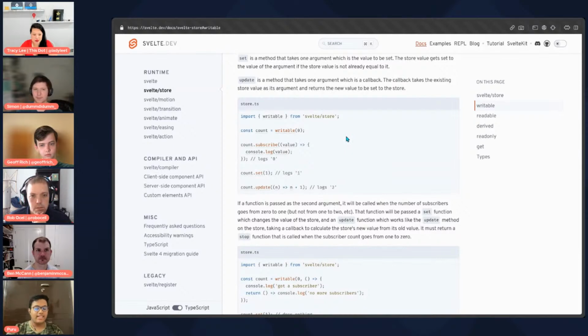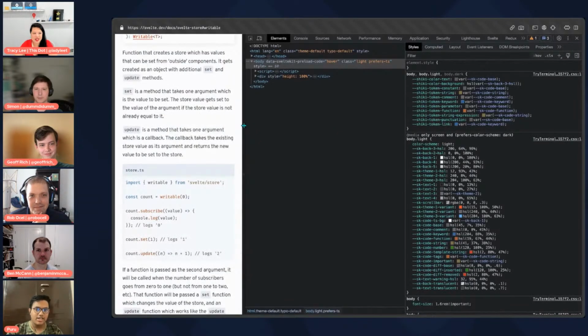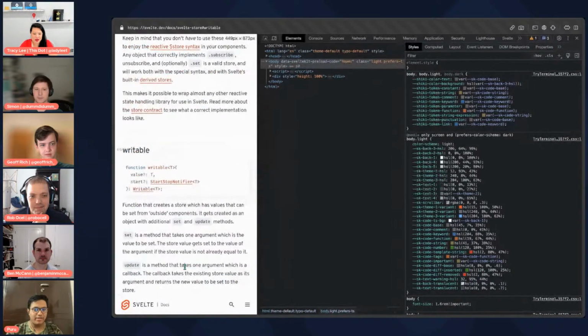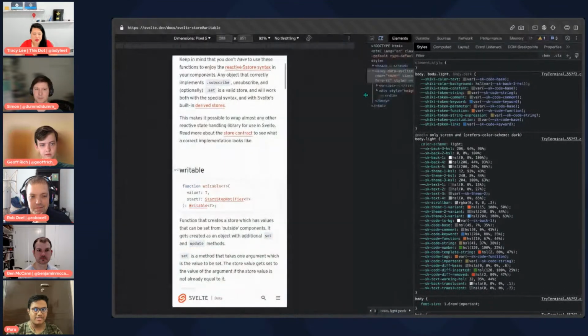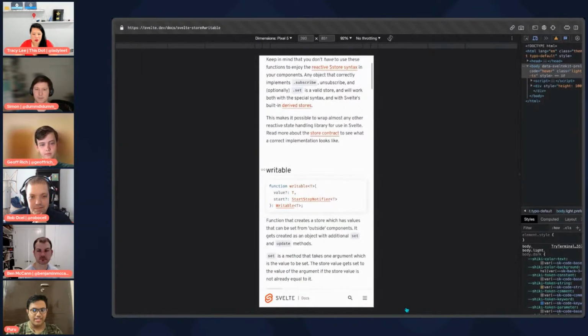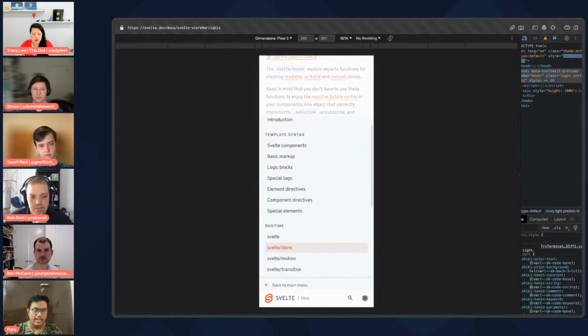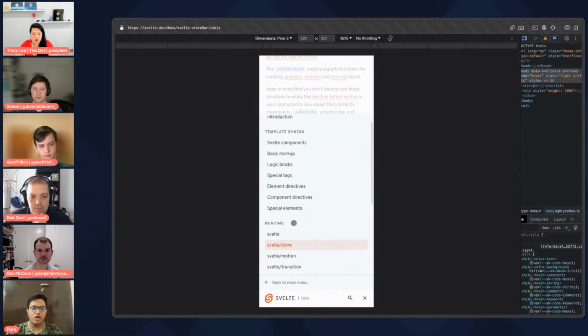Cool. And there is one last change that I would like to show, that is the controversial part of this change. As you can see, we don't have a top navigation bar anymore. This is what we have now. Bottom navigation, and the search is right here. And when you click on the hamburger, it opens up the entire docs list.